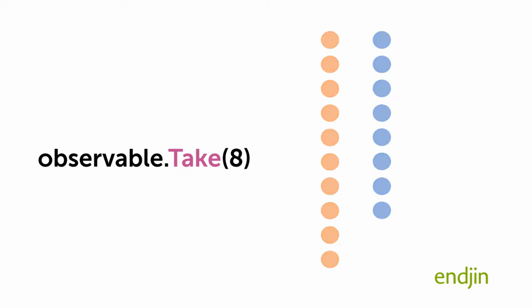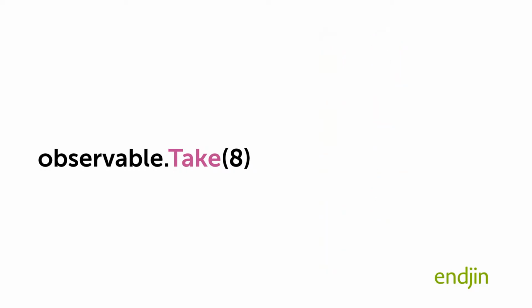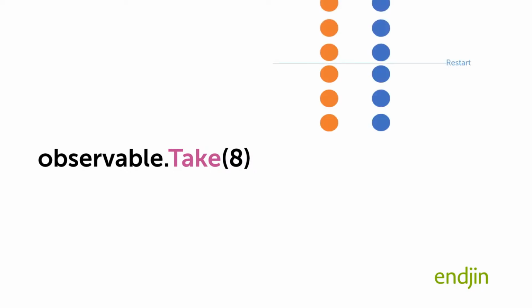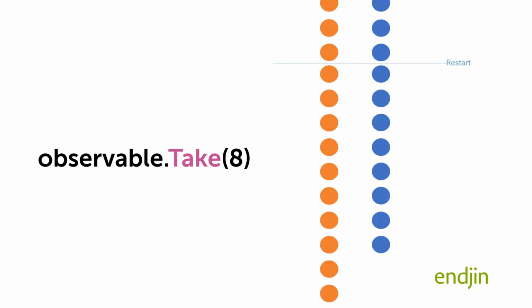And that's a problem with classic Rx. If you have an observable with classic Rx and you do observable.take 8 and it starts receiving items, but then you have a reboot and you move into a different process, it kind of goes back to the start. You're going to get 8 items not from the start of the sequence. You're going to get 8 items from whenever you constructed that particular observable. That's not very useful. And this is one of the classic problems with standard Rx, which Reactor aims to solve.